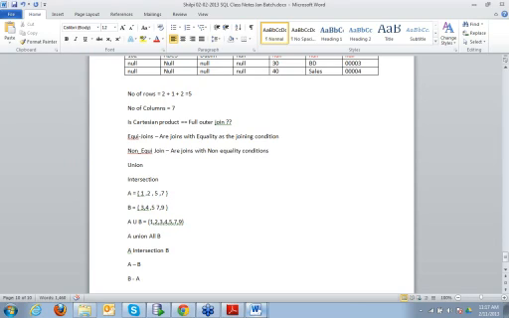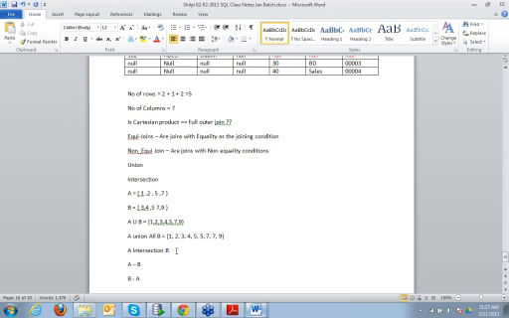A union all B means all the elements of A and all the elements of B, duplicates being repeated, right? So here A union all B is 1, 2, 3, then we have 4, then 5 2 times, then we have 7 2 times, and then we have 9.